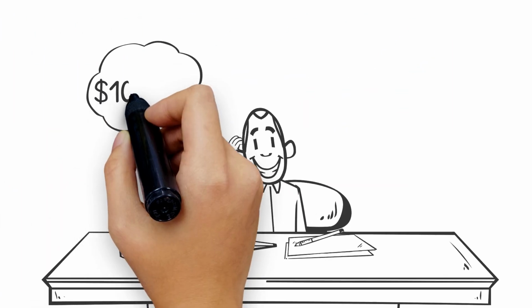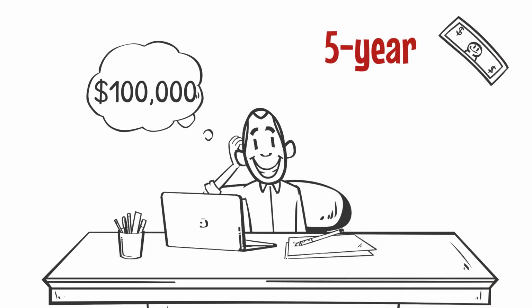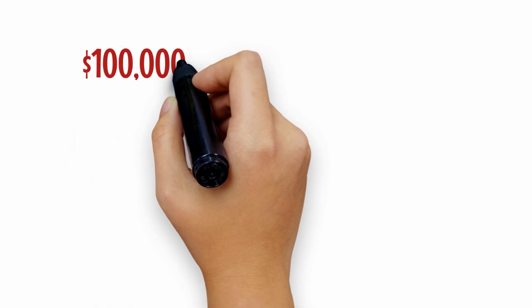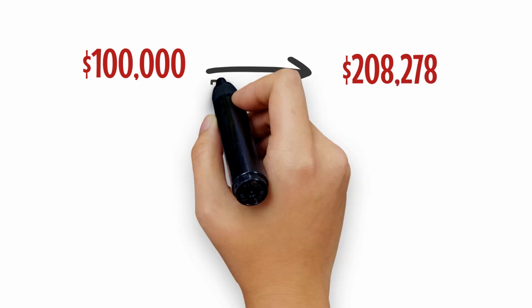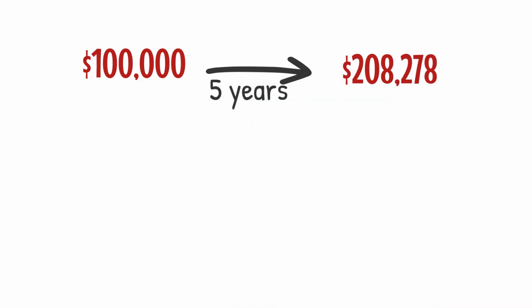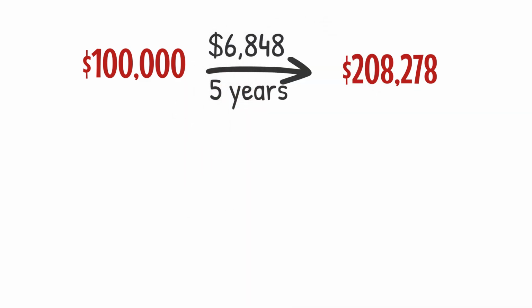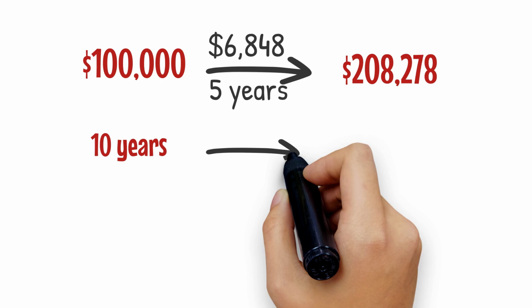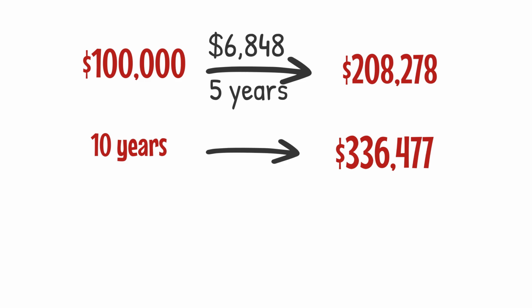Let's imagine you're investing $100,000 today in VOO. With its slightly stronger 5-year average annual return of 15.87%, your $100,000 investment could grow to $208,278 after 5 years, and you earn approximately $6,848 in dividends. Over 10 years, that same investment would expand to $336,477, and your total dividends would be around